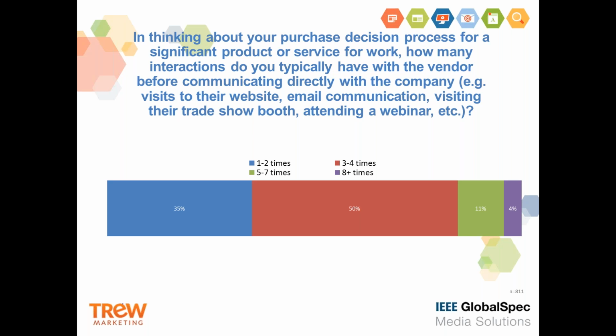So if we did the same math like Rebecca did earlier, and we added up the people who are having 1 to 2 interactions, 3 to 4, and then the top of the scale, you could see that it's pretty significant, the number of interactions that you need to have with a prospect to bring them along. How many times do you need to get someone to your website before they'll actually connect one-on-one to you? For the industrial and electronic space, the number is on the higher end of the spectrum. So what should you do?